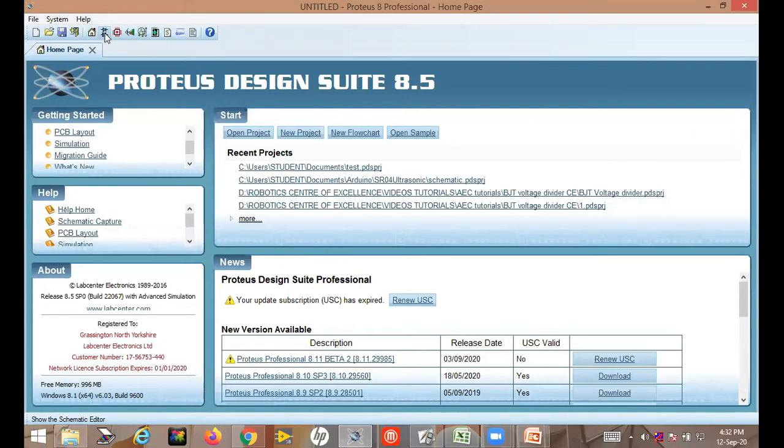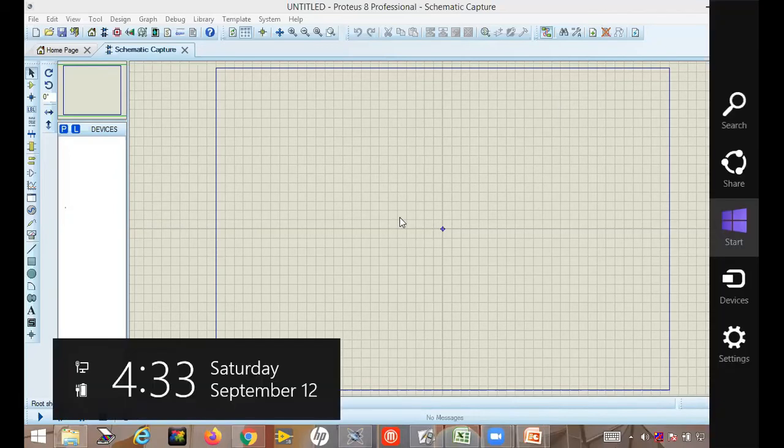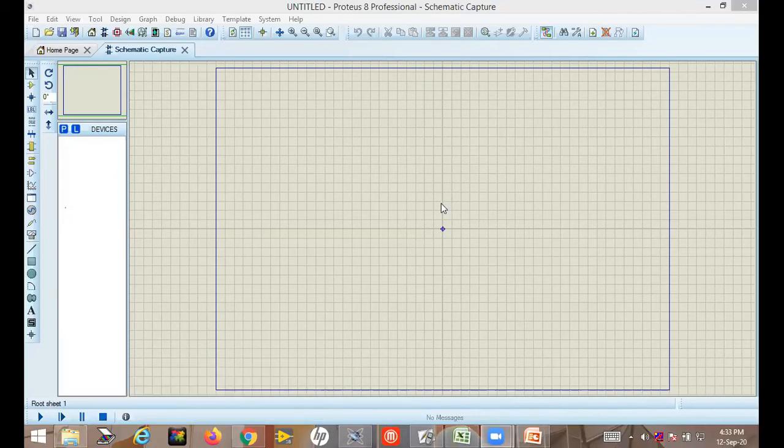Okay. So this is the shortcut to open schematic design. Just click here. Then what will happen? The schematic capture window will appear. It will take some time. So this is the schematic capture window. Okay, and this is the workspace where you have to design your circuit. This is the workspace. Okay, and here in this window, you can find the different modes of